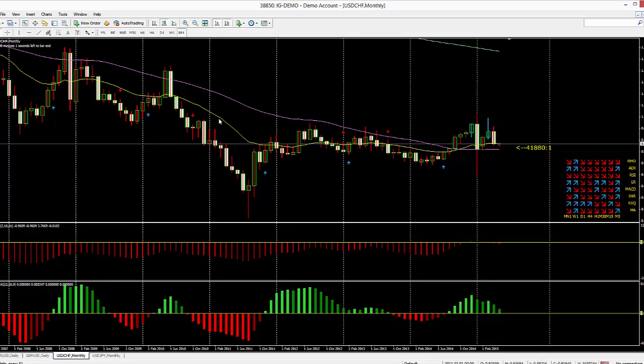Moving on to the US dollar Swiss franc. Here again, guys, negative news out for the US dollar had a positive effect on Swiss franc and vice versa. You can see that we actually had a bearish engulfing candle formation on the April close. Having said that, though, she still failed to close lower than the January low.